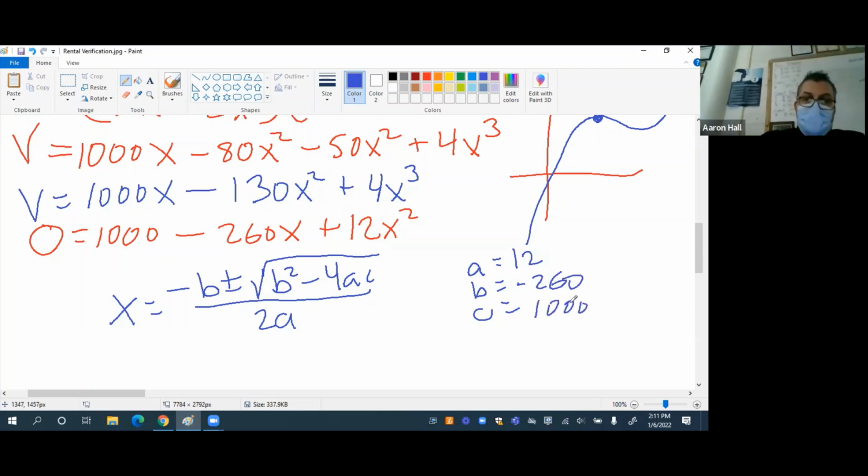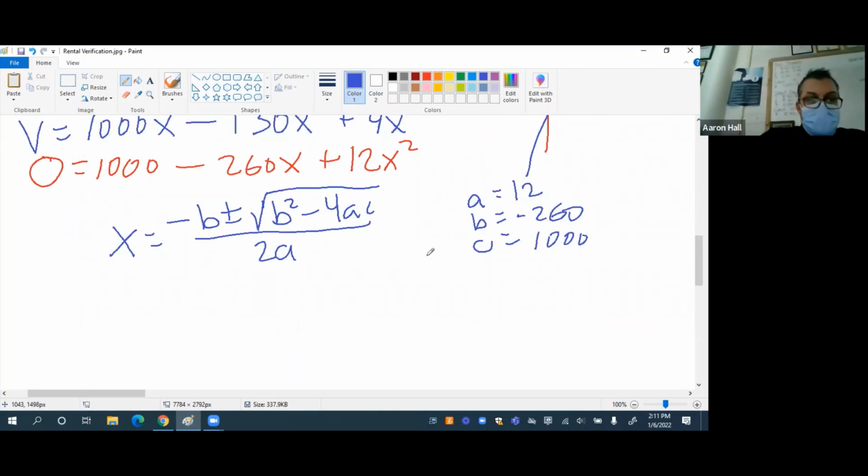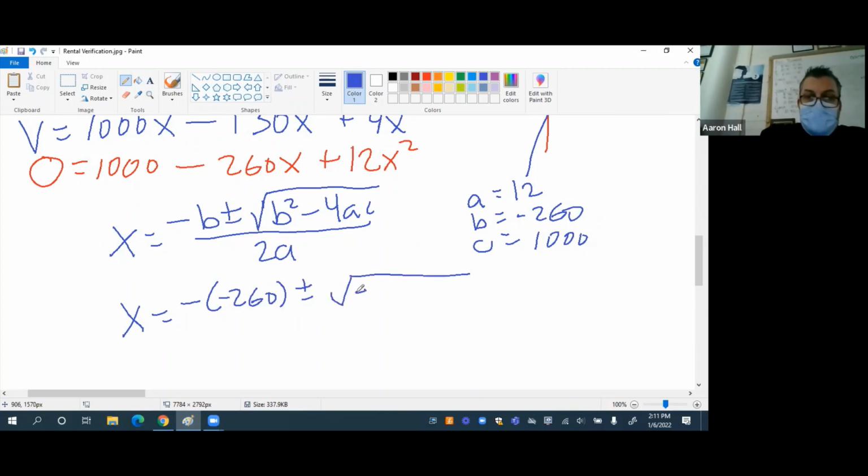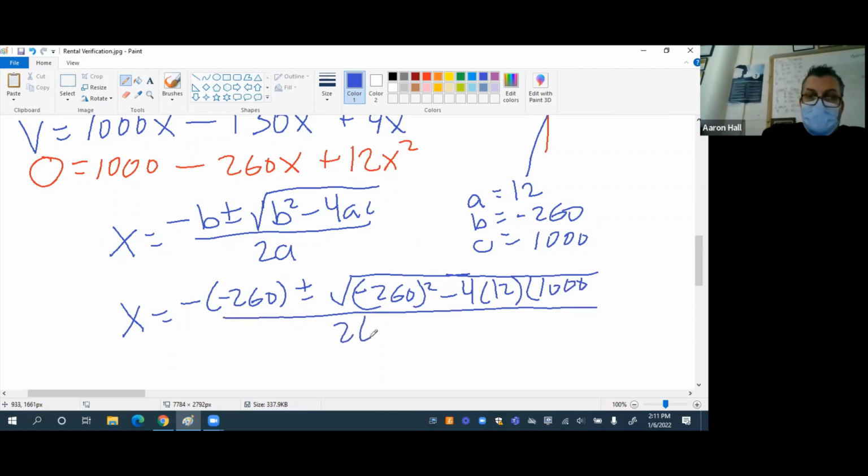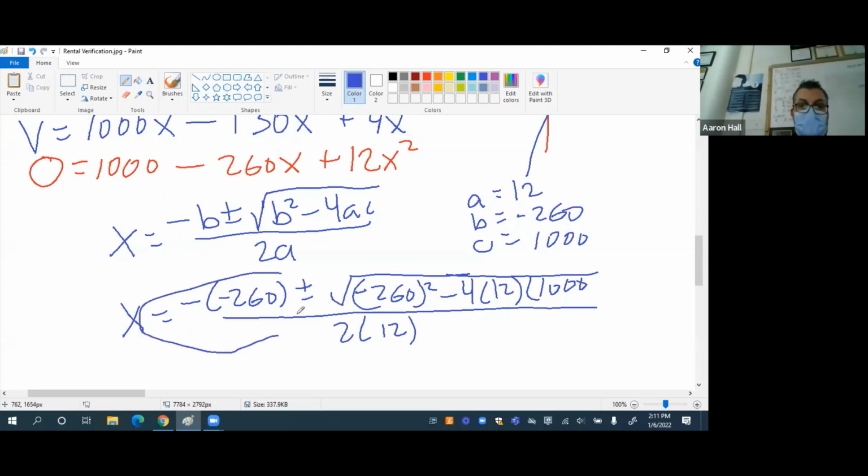Over 2a. Nice. Well, what are my ABC values? Yep, correct. So we're going to throw these values in. So I have negative b, which is negative 260, plus or minus the square root of negative 260 all squared, minus 4ac, all over 2a. Okay, so we have a plus, negative, negative, which makes a positive. So that part here becomes